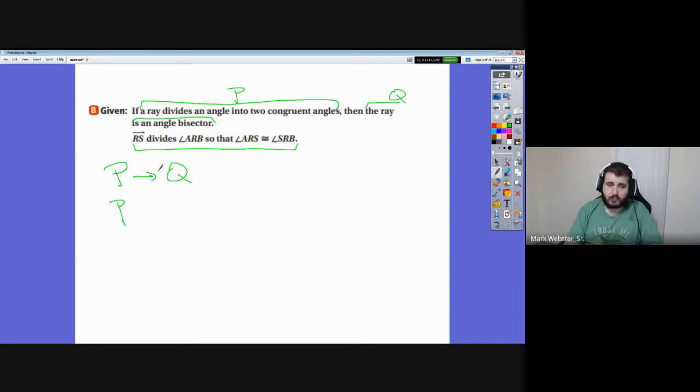So we've got our second statement is our P statement again, right? So what can we conclude? Therefore, Q. And I do these three little dots here. This is a symbol that means therefore. And so, for example, if you're doing a quiz and you didn't want to write out the word therefore, you could do these three dots in a triangle like that. That's what that means. So therefore, what is ray RS? The ray is an angle bisector, right? So our conclusion is